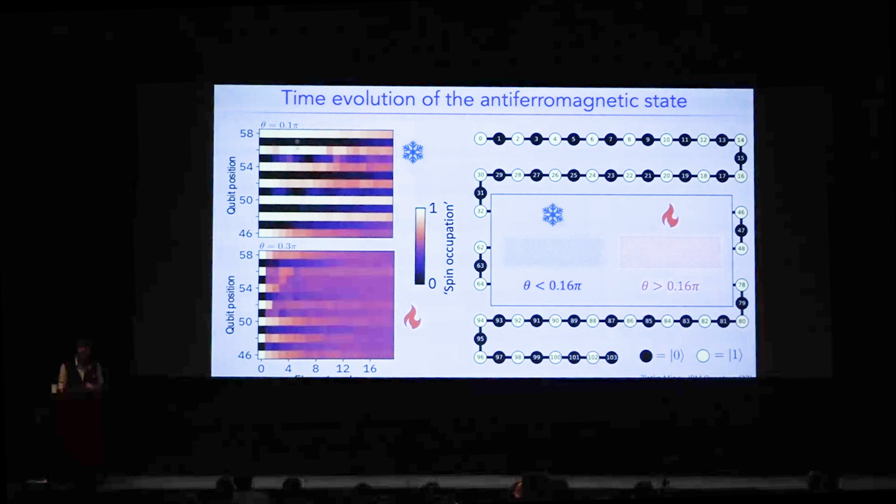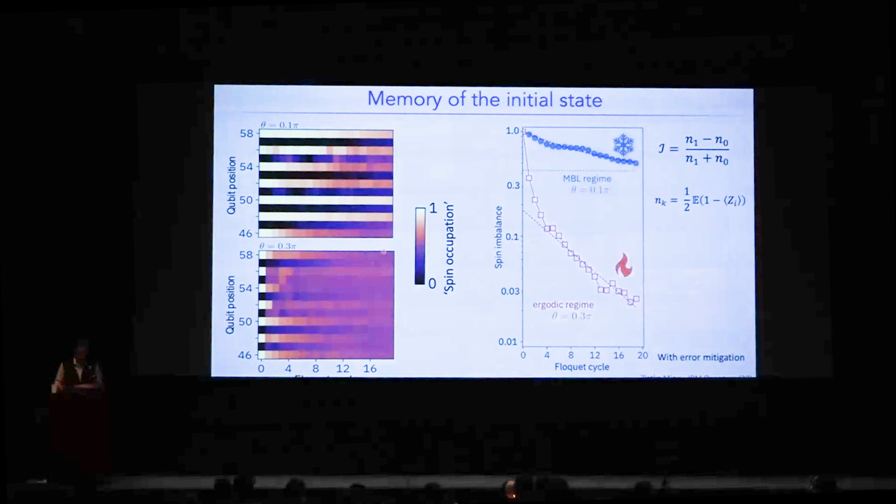If the interaction is weak, we start in this anti-ferromagnetic pattern, and you notice that it more or less stays visible as a function of the Floquet cycle. However, if the interaction is stronger, we see that the pattern quickly dissipates. To get more quantitative, we can look at a traditional type of charge imbalance, or in this case a spin imbalance, which looks at how many spins should have been up versus how many spins should have been down,